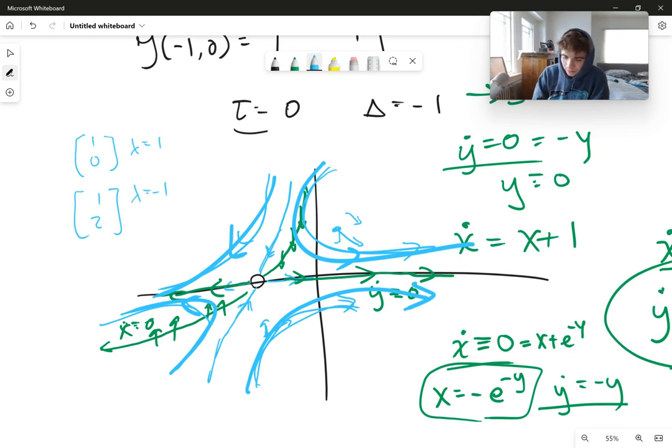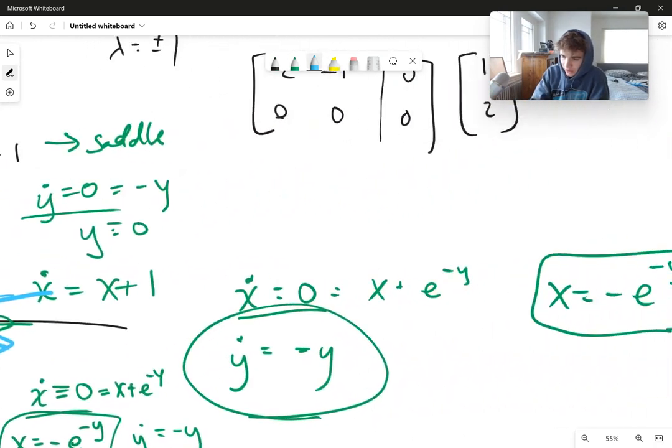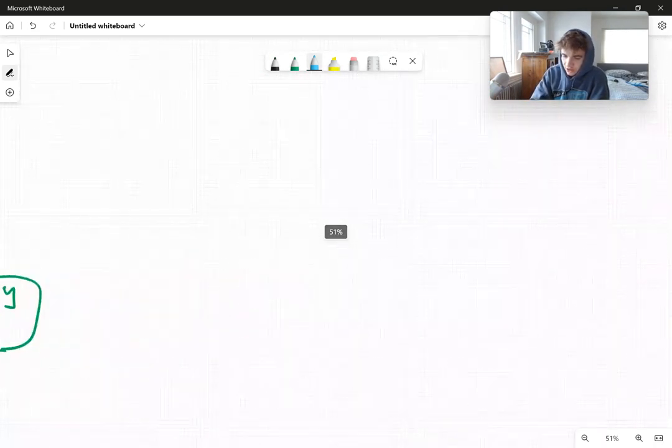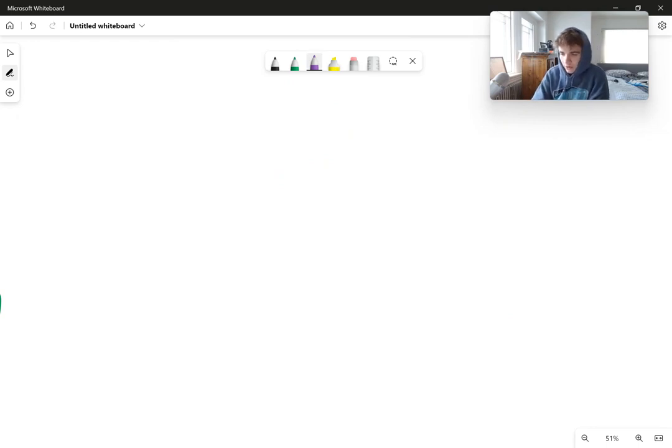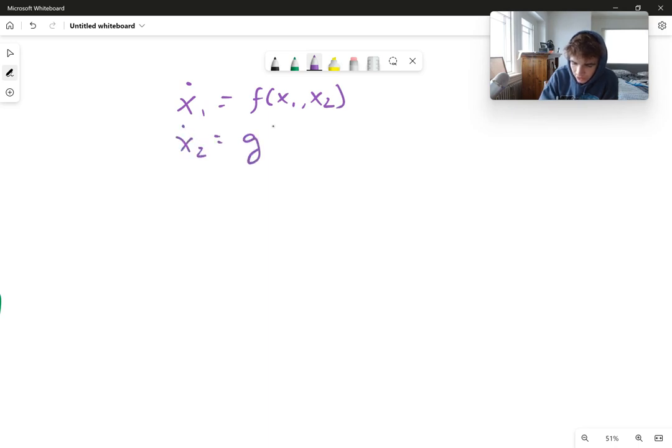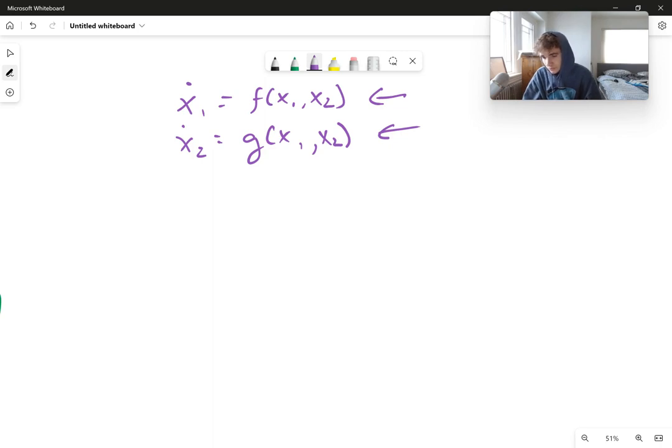All right. So let's move on, and let me briefly summarize the key topics of this chapter that are left, okay? Because I want to be efficient right now. In short, if you get a system x1 dot is equal to some f of x1, x2, and x2 dot is equal to g of x1, x2, we've shown that the uniqueness and existence theorem basically states that if these two functions are continuously differentiable, that means that they are continuous with continuous partial derivatives,